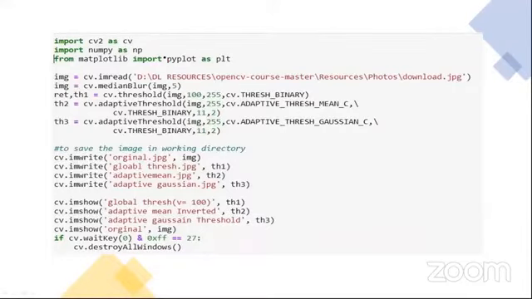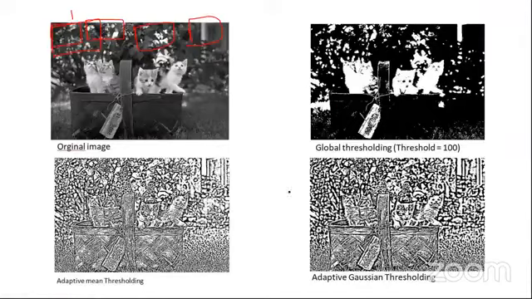This is the way we can implement our adaptive thresholding. You specify the image, give the maximum value which is 255, you are not giving a threshold here, you give the method, and this is how the results look.